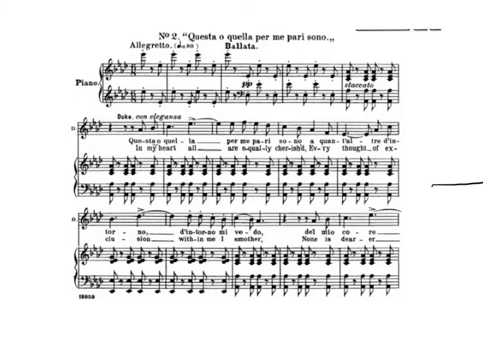Hi everyone, it's Professor Horlacher here, and today I'm going to talk about how to use the 5/7 chord. And in order to demonstrate that, I've got a nice little opening of an aria by Giuseppe Verdi,